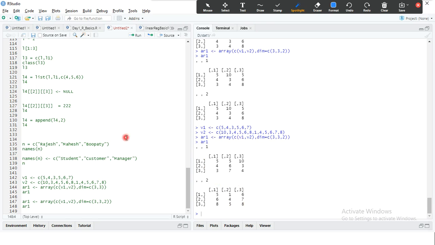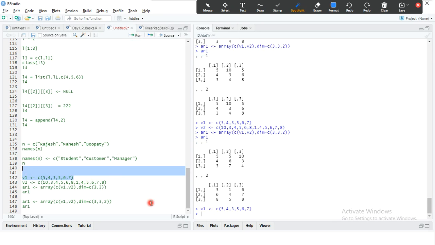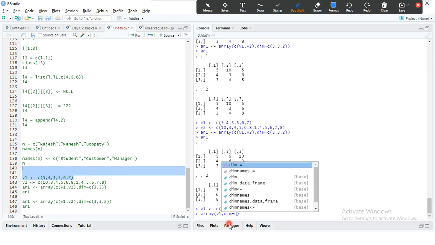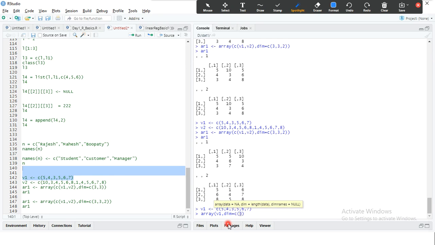And also, let's say I'm going to create another one. We'll use 2 cross 3, array of v1 comma dim is equal to c of... how much is this? 6. How many values? 6, right? 2 cross 3.